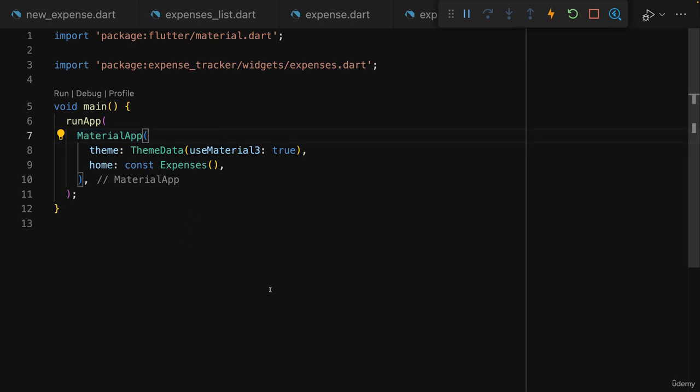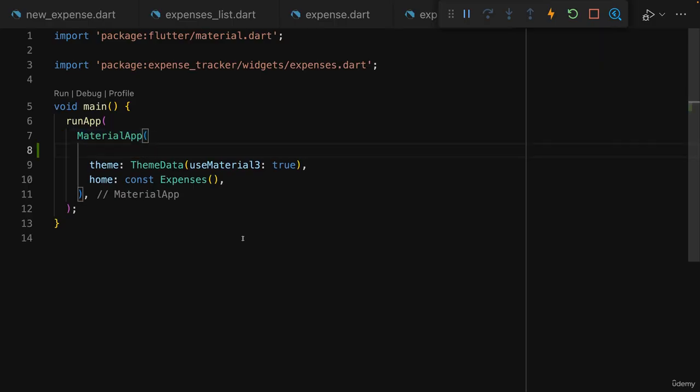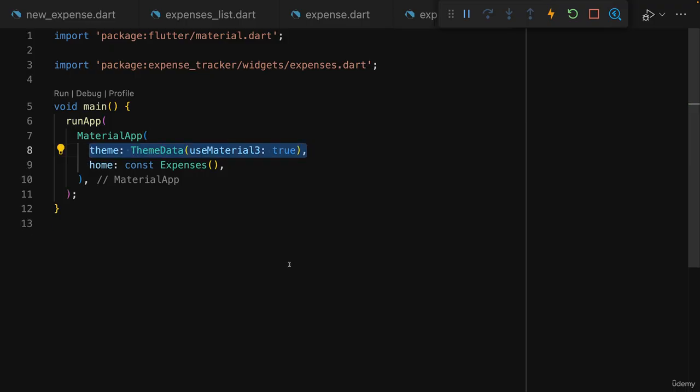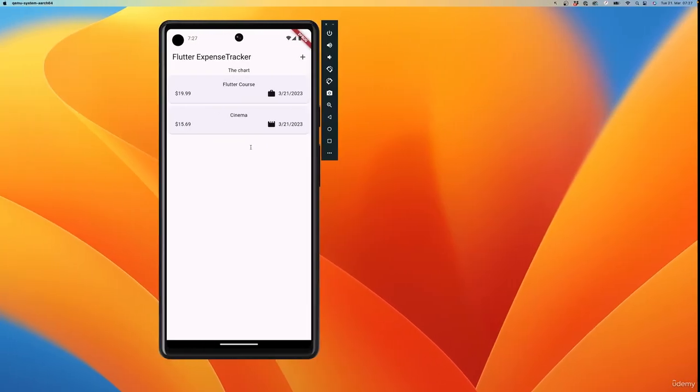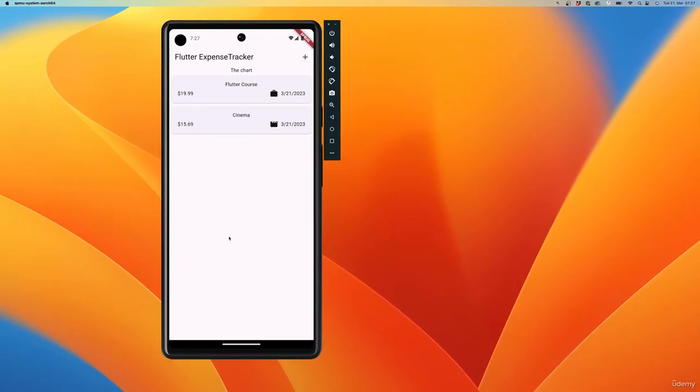Because I mentioned before that this app widget does a lot of behind the scenes stuff, but it also gives you some key configuration settings that you can make here that influence your entire app. And the theme is one of those settings. And indeed, at this point here, I already have a theme set up. I got theme data set to use Material 3 to make sure that my app here uses this Material 3